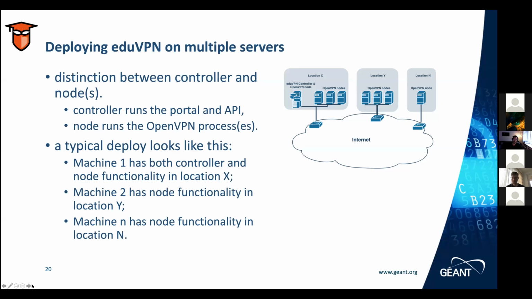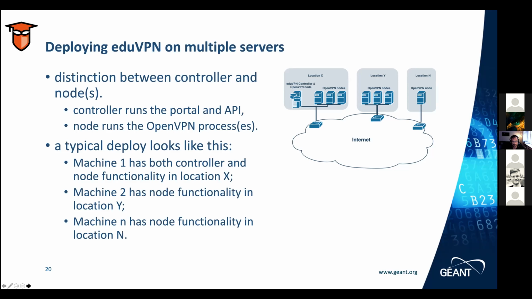We experimented with putting the servers right next to each other, in the same data center. But what also works is putting them in different locations. So you can have one machine with OpenVPN processes in, say, London, and another one in Amsterdam. And for the users, it's completely transparent. They can just choose a profile. If they want to access the office in London, they choose this profile. If they want to access the office in Amsterdam, they choose the other profile.